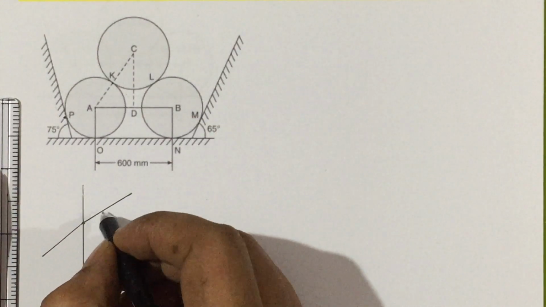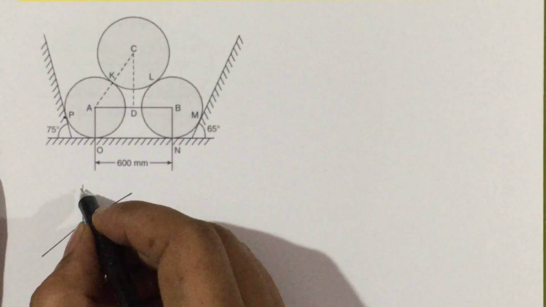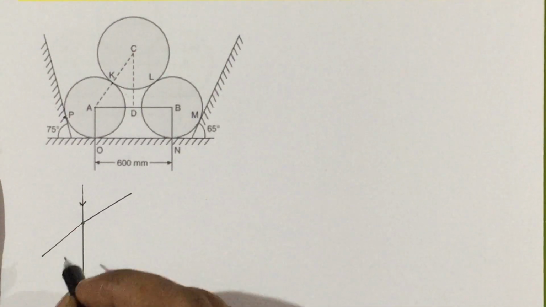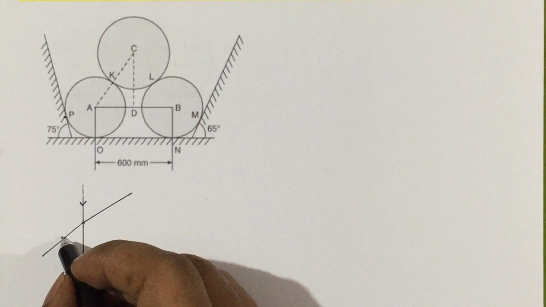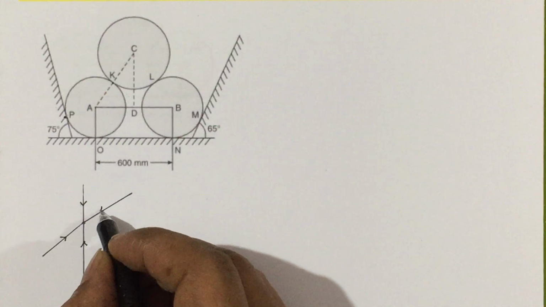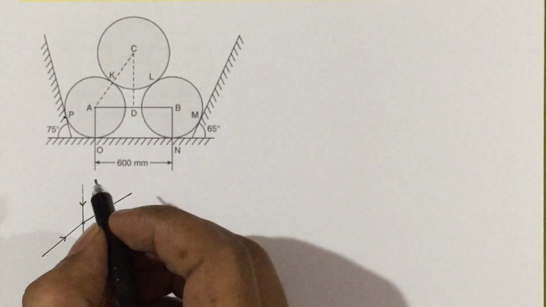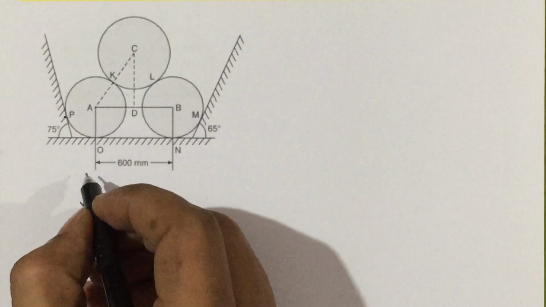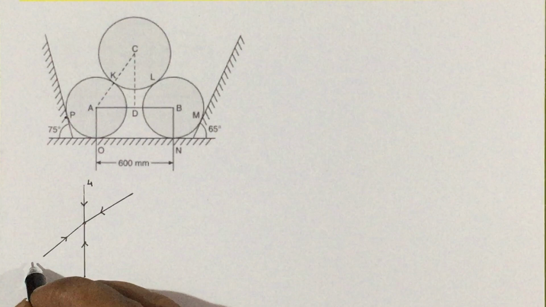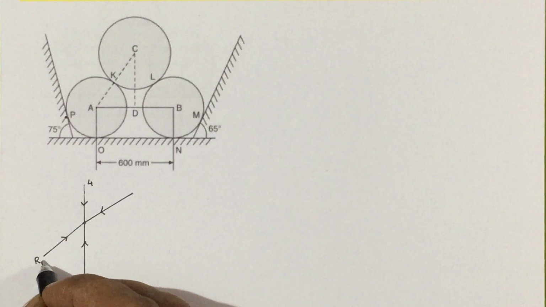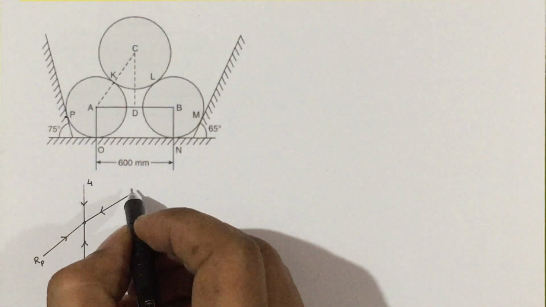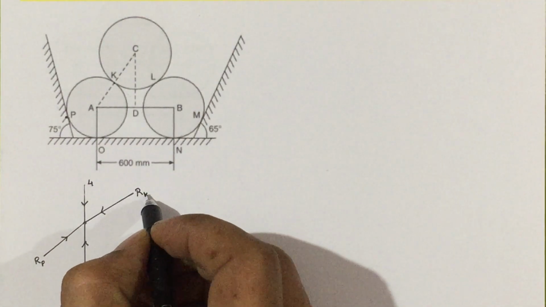Now direction, point is over, line is over, then it is the direction. The weight acts vertically downwards. Then these 3 are the compression reactions, that is nothing but they are acting towards the point. Okay. Then magnitude, weight of the A ball is 4 kilonewton. Then this one will be the reaction at P point. This is reaction at O point, then it is reaction at K point.